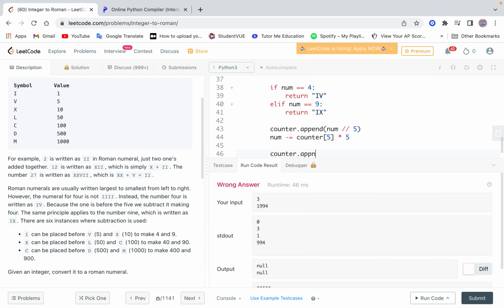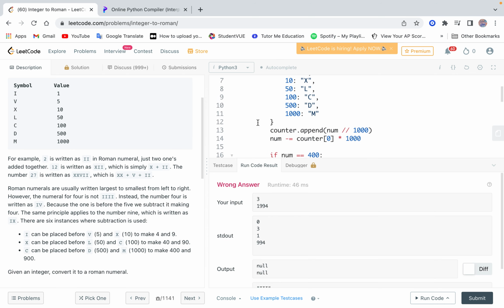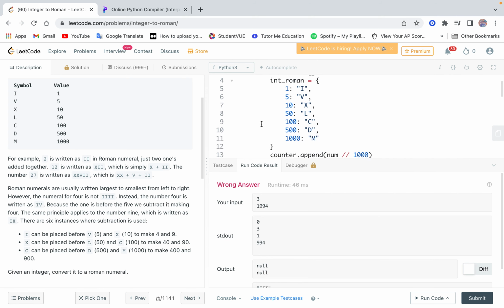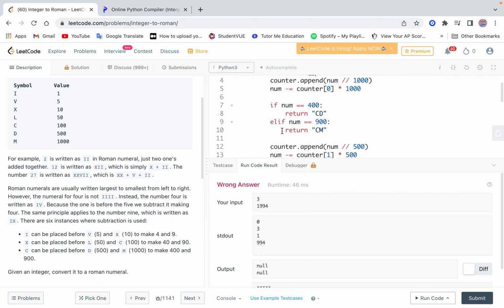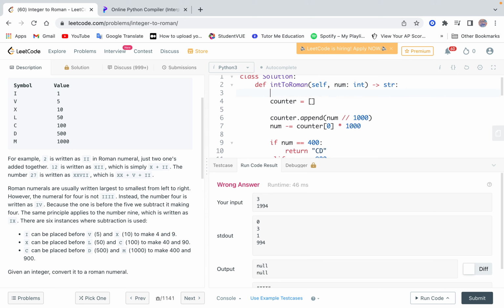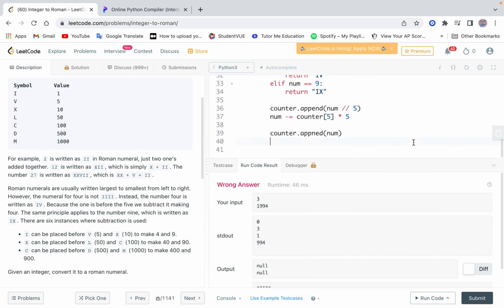And then counter dot append. No. Okay, that's one way to do it. Well, this hash map or this dictionary isn't going to be that useful then. What's going to be useful is we can say B to S as biggest to smallest. So we're going to say M, D, C, L, X, V, and I, right? So then in here we're going to say